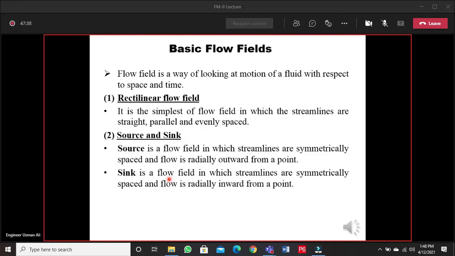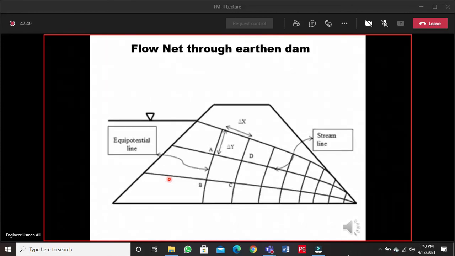The third one is, similarly you should draw the flow net for the converging pipe, and flow net for the diverging pipe, and flow net for the constant diameter pipe. तो ये आपने खुद से बनाना है. Flow net for the constant diameter pipe, very simple one. You have to make a flow net for a converging pipe, and for the diverging pipe. तो ये आपने बनाना है. Next time I will check it, just keeping in view the properties of the flow net.